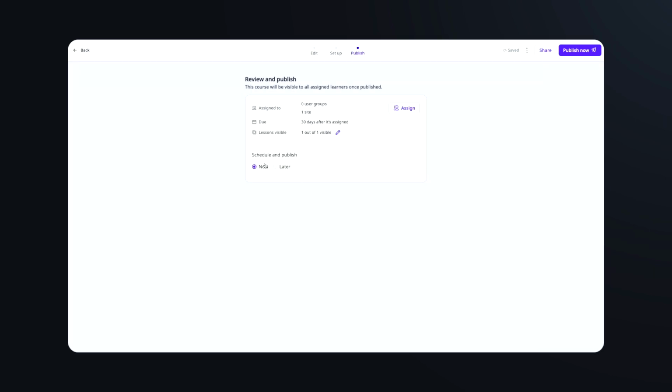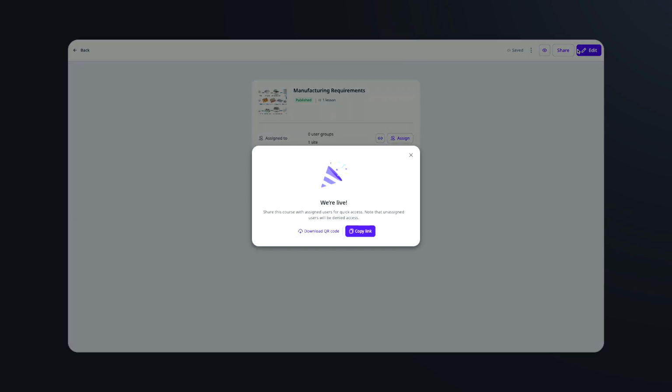We'll go ahead and save and publish this now, but know that we could also do this at a later date. So publish now, so we can see that we're live. There's multiple different options here outside of the field receiving this inbox with anyone assigned to the United States. We could also download a QR code to share, or we could copy a link and send that out as well. With this, just showing the diversity and how we can get the field to understand this training should be done.